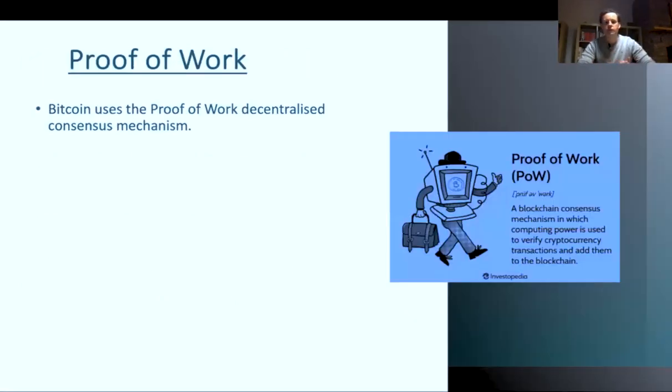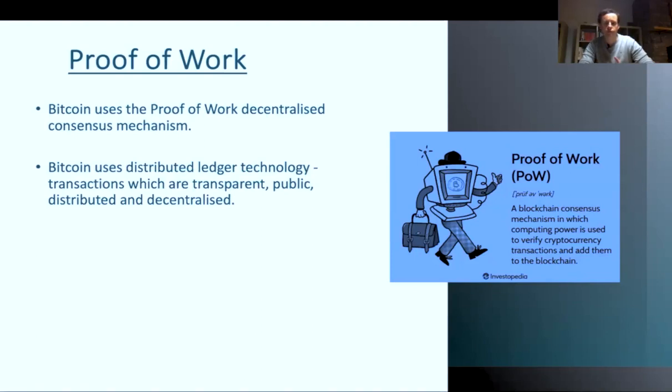So as I've just mentioned, and as I said in my previous video, Bitcoin uses the proof of work decentralized consensus mechanism. And you can see on the right-hand side, again, a definition of proof of work. If you want to pause the video, just refresh your memory, that'd be brilliant. This requires members to expend effort or work to verify the transactions and add them to the blockchain. So that's what proof of work is. It's also called mining, in reference to receiving a reward for the work that is done. And we looked at what work that is, and it involves using powerful computers.